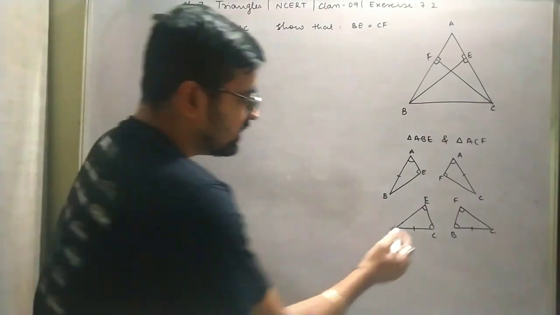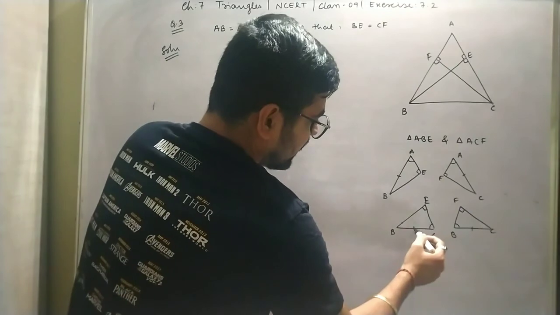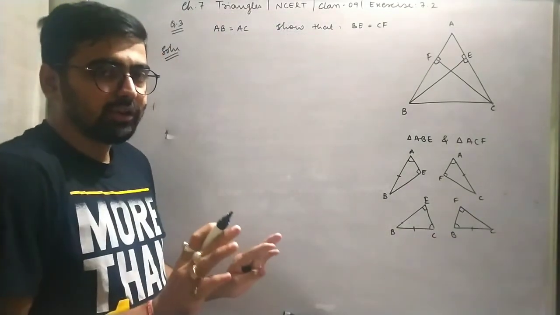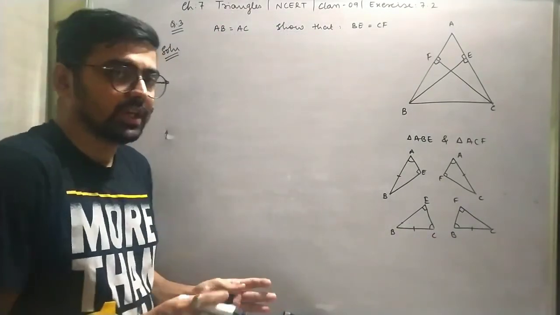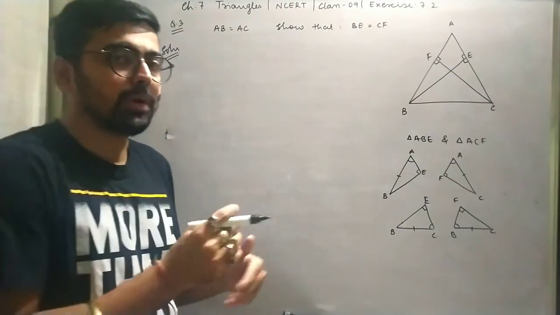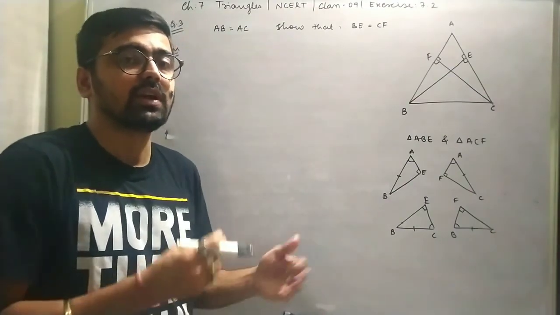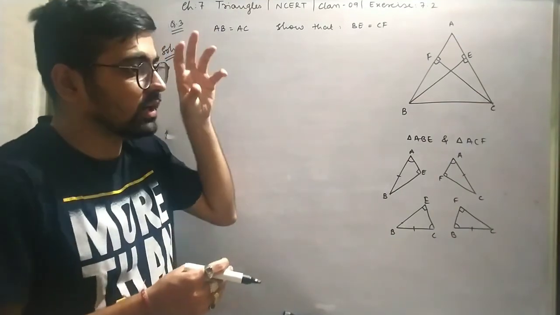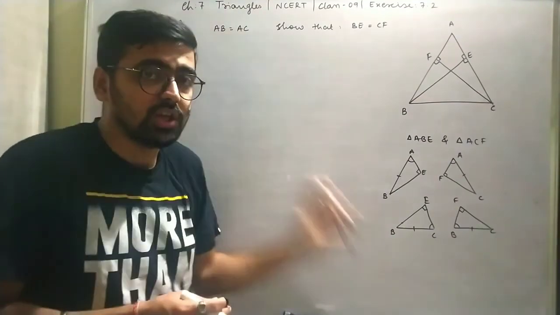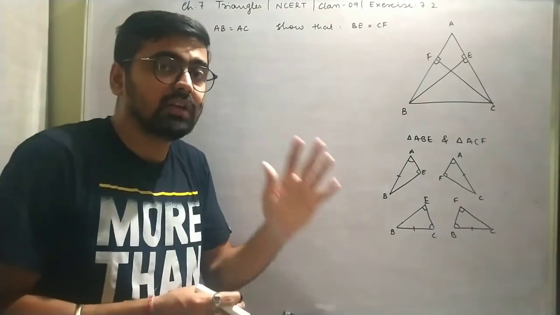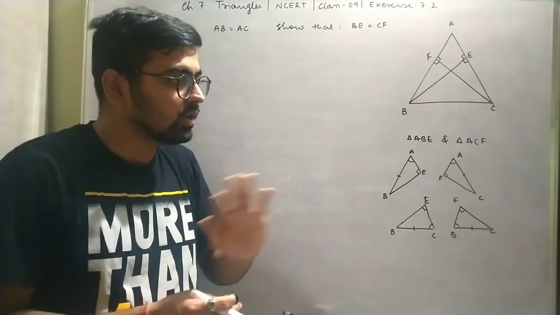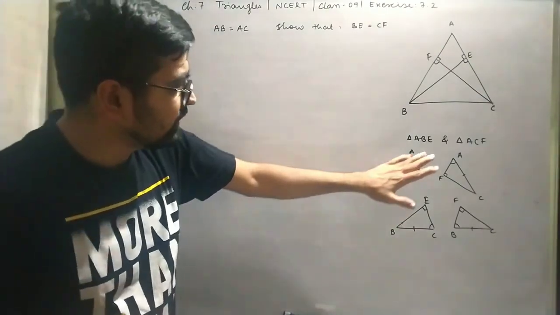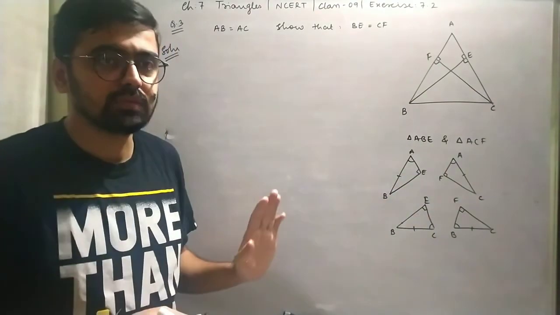Correct. So again, if you go for these two triangles, it is angle side, right? Are you getting me? What I am trying to show you over here is that you can solve a particular problem in a different way. It is not necessary that you have only one option. If you look at the particular solution, it is not necessary to do it only this way. You have different ways. Don't worry about it, whichever method you want, you can solve.